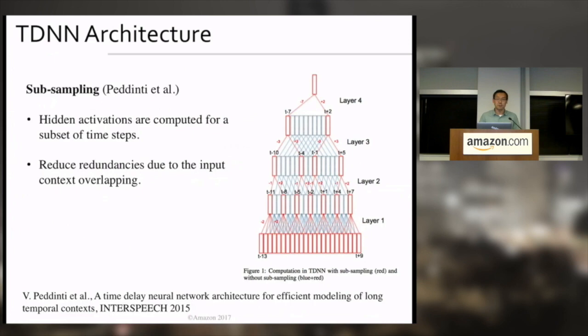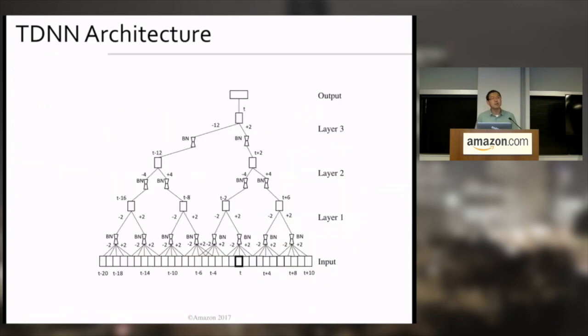On top of this, we propose to insert bottleneck layers into the TDNN architecture. This slide shows the TDNN architecture used for our experiments. Similarly to the previous slide, we have 20 frames in the past and 10 frames in the future as the input context. We can see that the first layer also takes 5 frames as input, with 2 in the past and 2 in the future, as in the previous one. The different part is we insert the bottleneck layers for all these hidden layers, which are labeled by the letter B here.